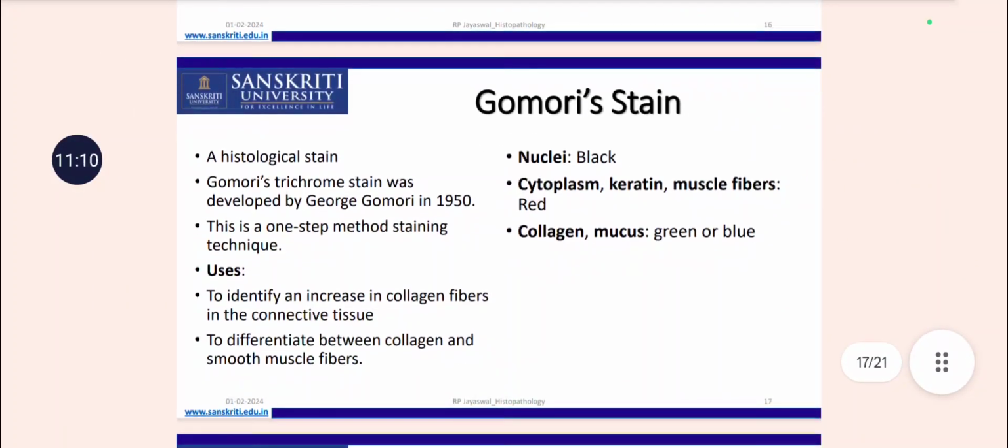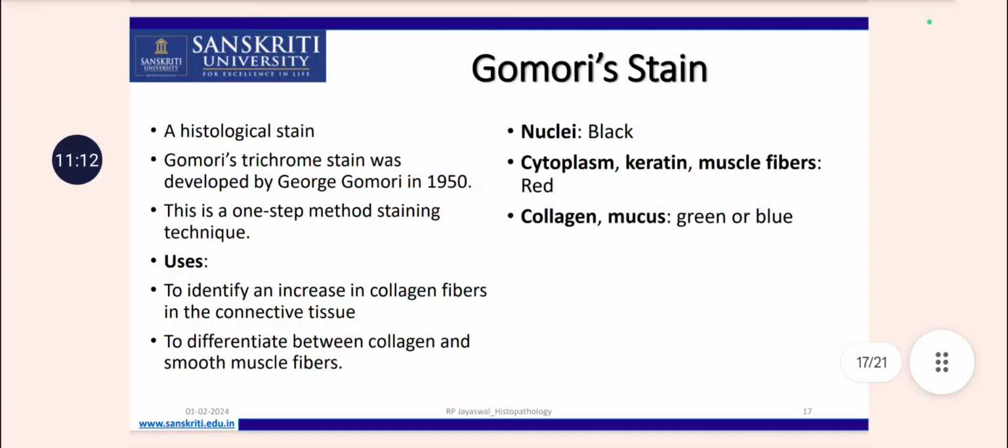Now Gomori stain is again another type of connective tissue stain. Here we can stain all the tissue contents. Basically this name was given after the scientist George Gomori in 1950. He developed the Gomori's trichrome stain, which is a one-step staining technique helpful in identifying